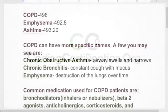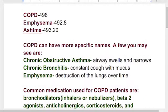COPD is actually one of the hardest, I think, ICD-9 codes to find, especially for new students. COPD stands for Chronic Obstructive Pulmonary Disease. It's 496. If you're going to memorize a code, that's a good one to memorize because it is hard to find. Emphysema, 492.8, and asthma,